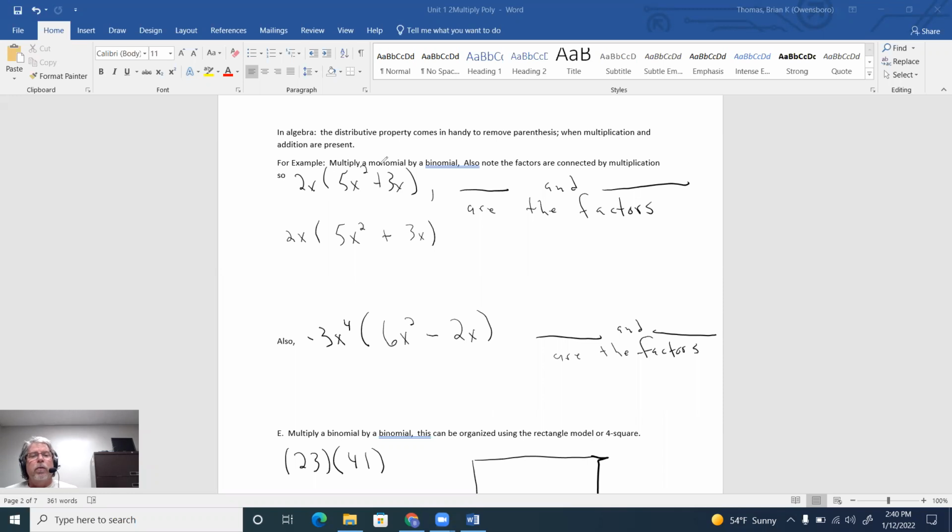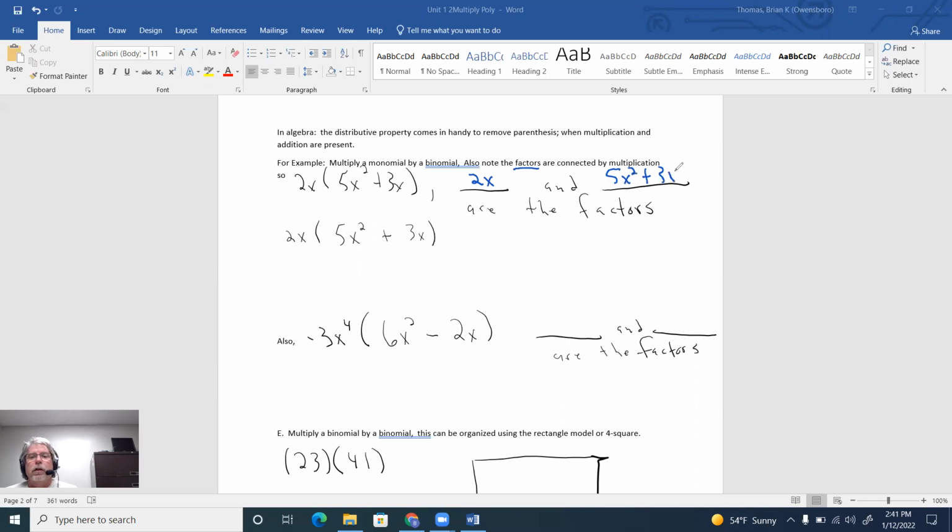For example, if I want to multiply a monomial by a binomial, also note though here, there's this word factors again. Factors are connected by multiplication. So it's also important to identify that the monomial is one factor and the binomial is actually another factor, because they are connected by multiplication, these parentheses. So notice that monomial 2x is actually one of the factors, and this 5x squared plus 3x